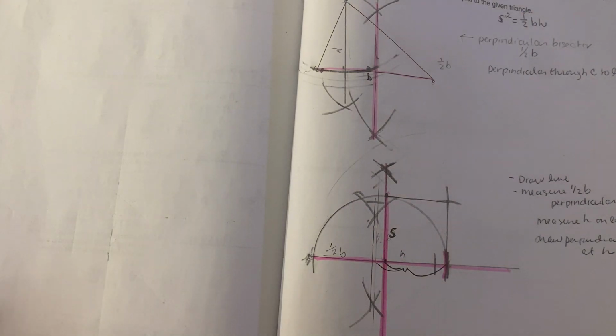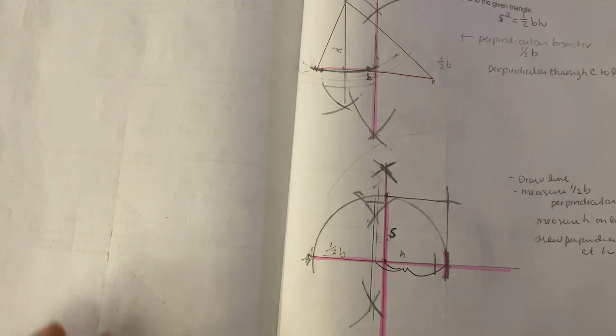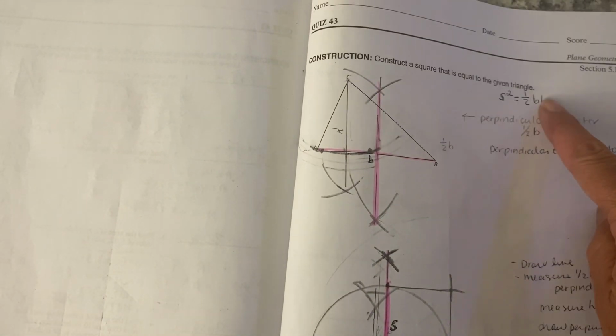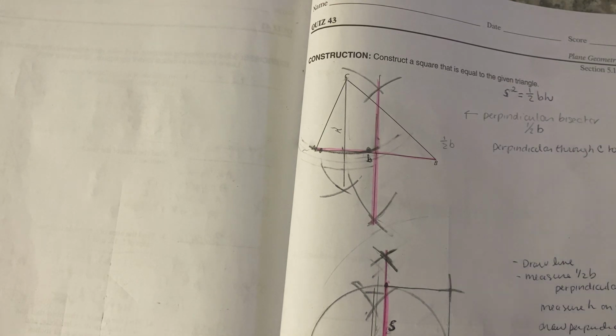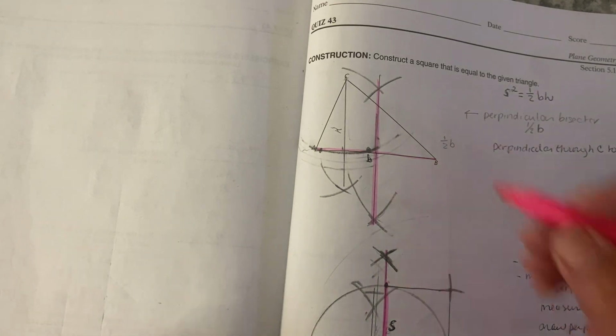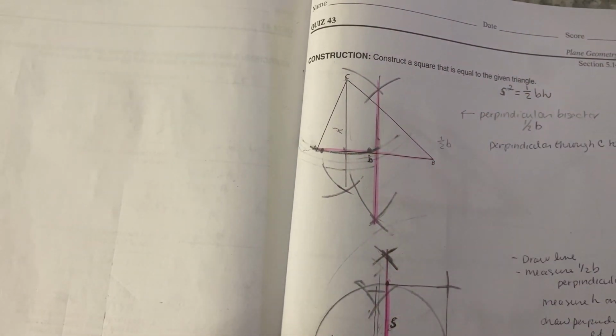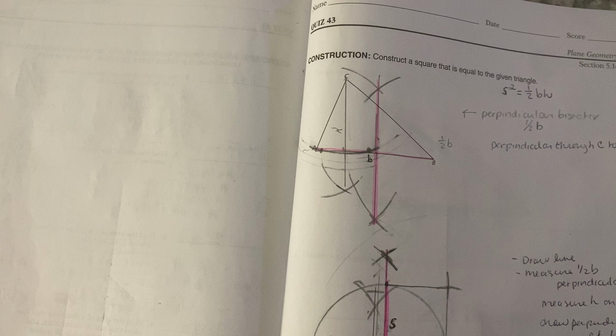we're going to have to do the altitude. Make sure we know the altitude. This is important that we know the altitude of the triangle here, because remember we're going to have 1/2 base times height. So we know the altitude here. So the altitude is going to have to be this here. But we're going to have to do a perpendicular here too, because we can't just draw this. We have to have a perpendicular. So to do the perpendicular of this,